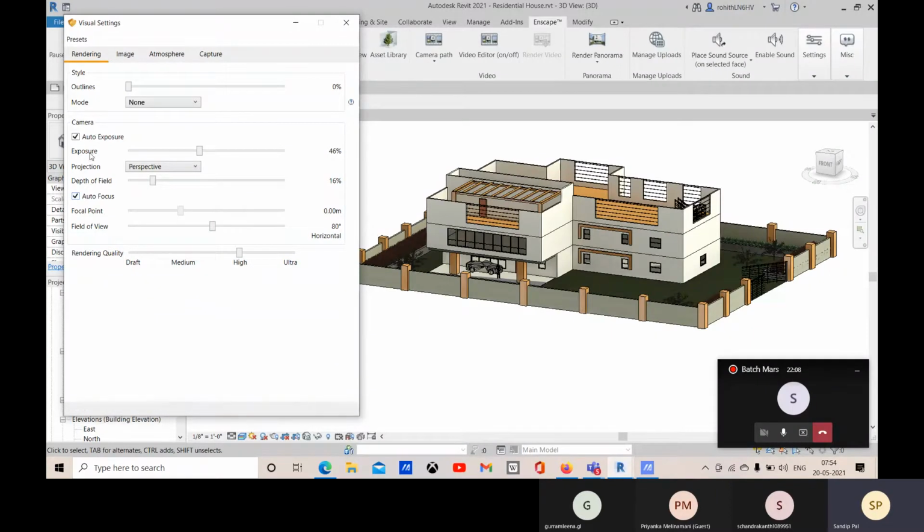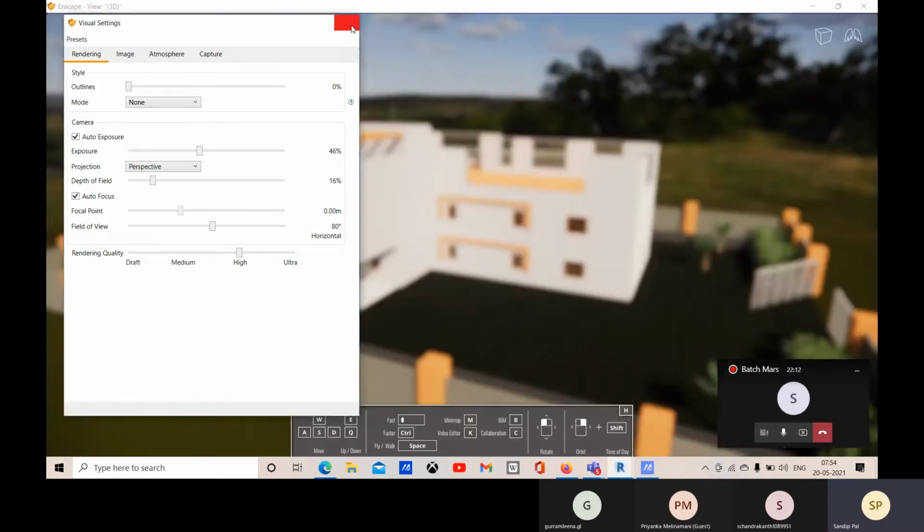This option should be checked. Okay, and about all this I will come later.